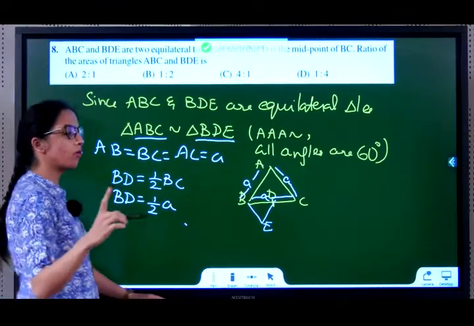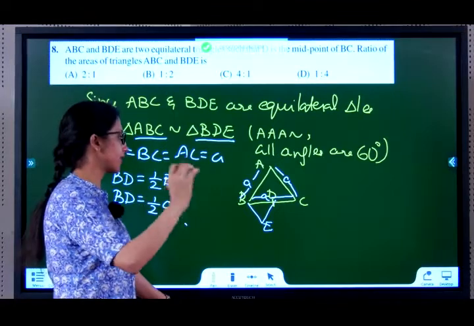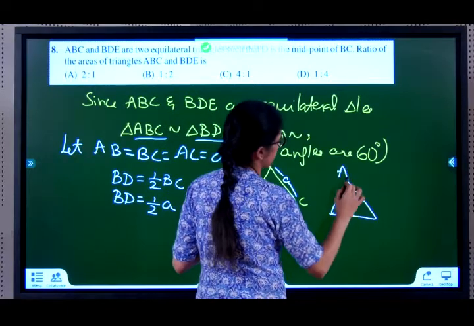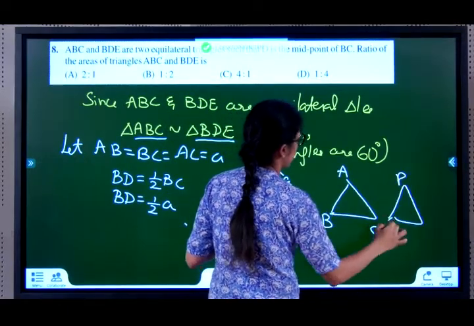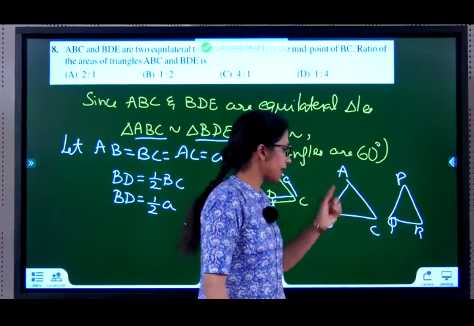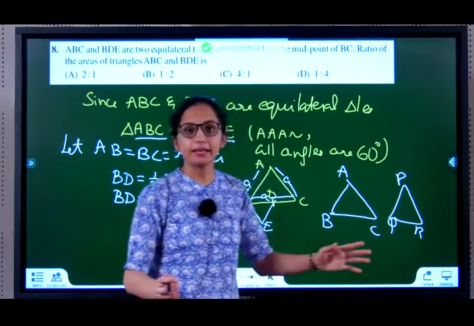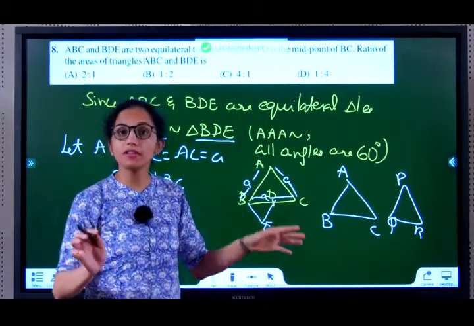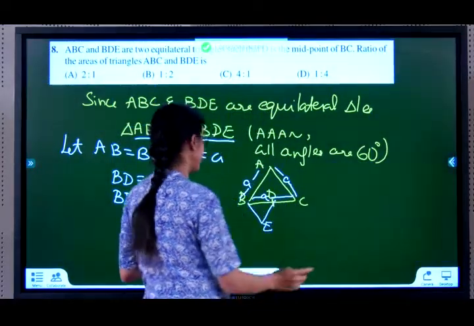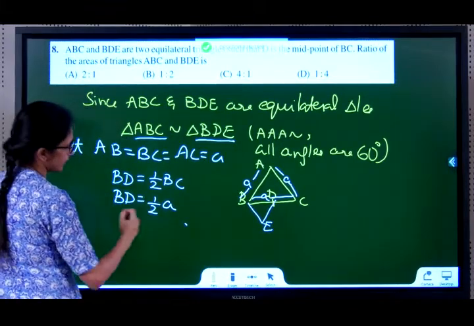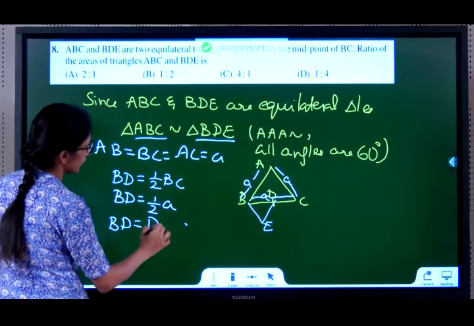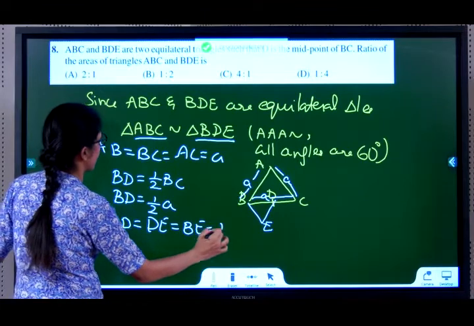See, you have to observe by now, in all equilateral questions, I am generalizing the side as A, because in an equilateral triangle, your naming will be in all directions. ABC is similar to PQR, ABC is also similar to RQP, ABC is also similar to QRP, any naming. In an equilateral triangle, however you turn the figure, all of them are similar. So it's better to generalize the sides and then write, because all of you might take different orders. Okay, so all are A, so BD equals half A. So we can also say BD is equal to DE equal to BE equal to half A.